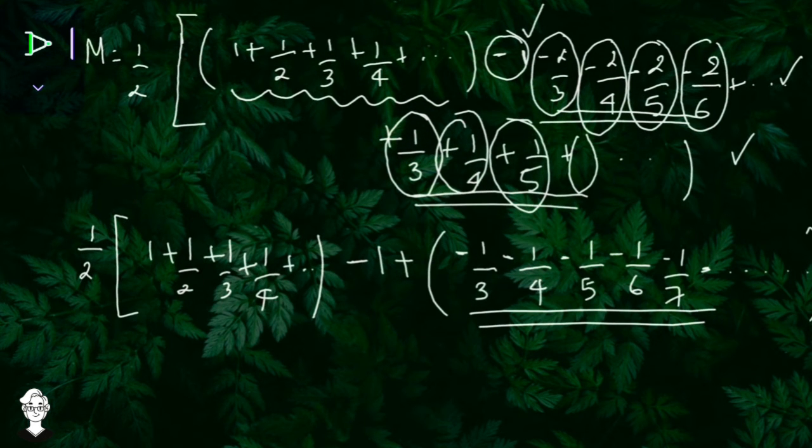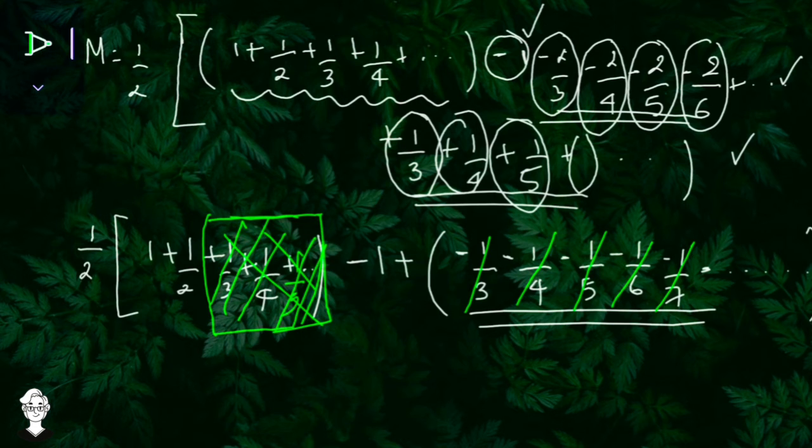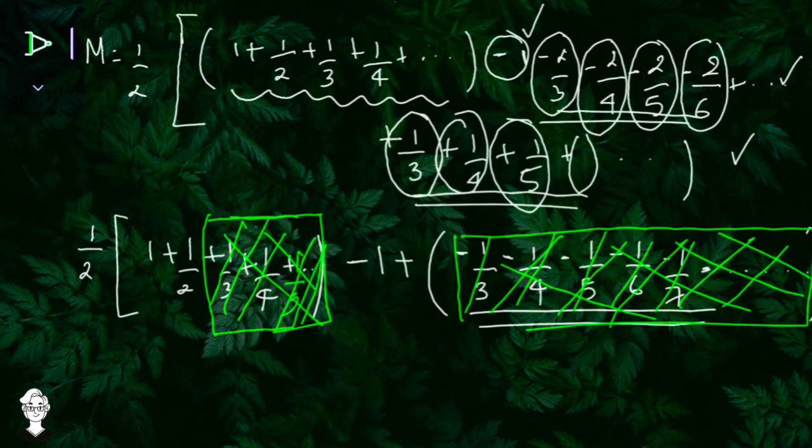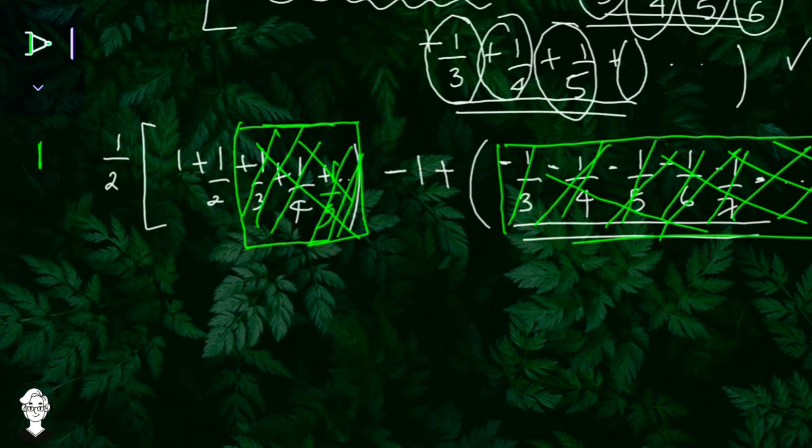Yes. Now what you can observe is the beauty. See over here, negative 1 by 3, positive 1 by 3 cancel, positive 1 by 4, negative 1 by 4 cancel. Here it would be 1 by 5, so 1 by 5 cancelled with this, 6 with 6, 7 with 7. So all inside this bracket except 1 by 2 and positive 1 got cancelled out with these whole terms, because they go up till infinity and all this gets cancelled out. So this was my m.